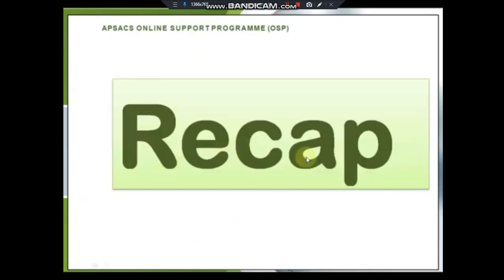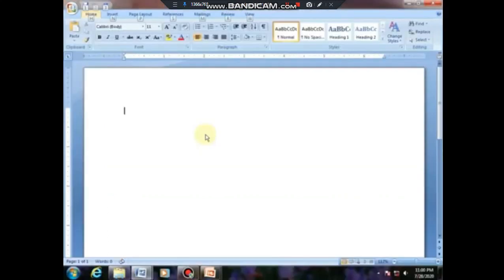Let's have a quick review of our previous lesson. In our previous task, we learned about applying different formatting to our paragraph and text. Let's move forward to Microsoft Word to recap. In the previous task we learned about font group icons and paragraph commands, where we gave a title and aligned it properly using font group icons and paragraph alignments.